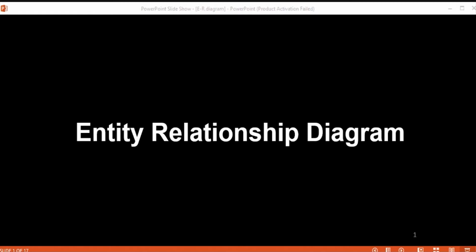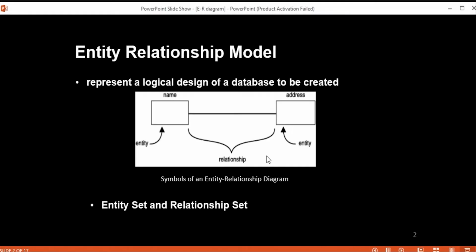So we can use this ER designing activity to obtain these particular components, like entities and relationships, whatever there are in your database. We can have those components of the ER model. As I told you, it is used to represent one kind of logical design of your database.